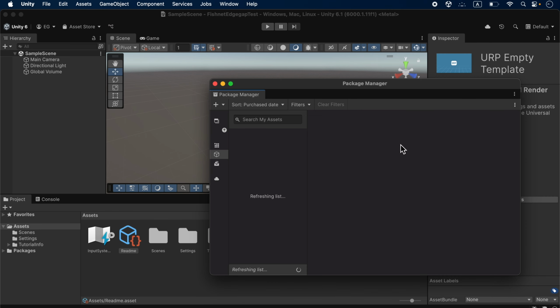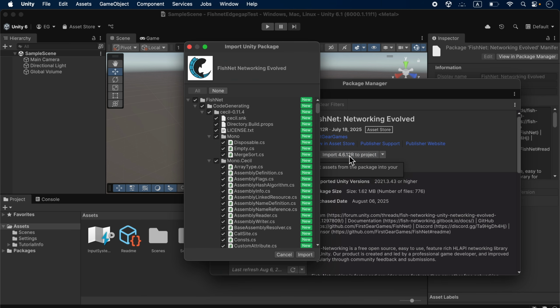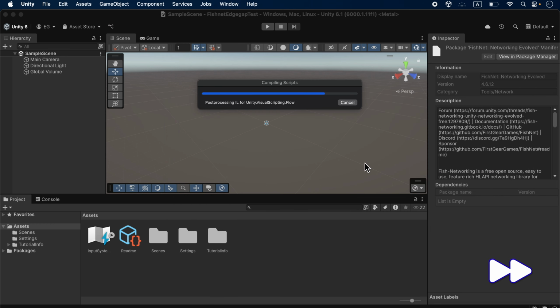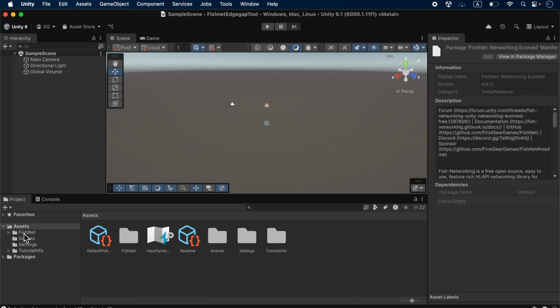Your package manager editor should open automatically. If not, from the top navigation bar, select Window, then Package Manager. Once opened, select Import to Project and add Fishnet working to your project. Click on Install/Upgrade. Then, Unity prompts you to import it. Select Import once again. Congrats! Fishnet is now in your project and should be visible from your Assets navigation menu on the bottom left